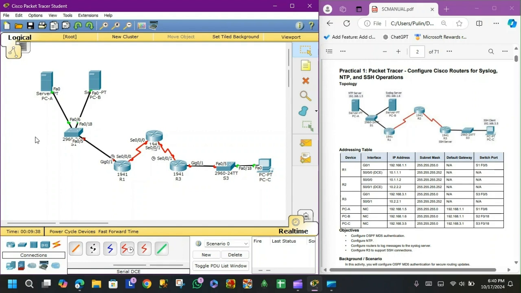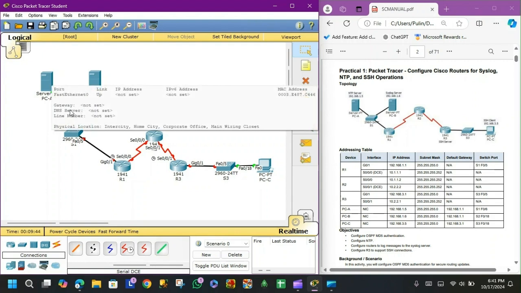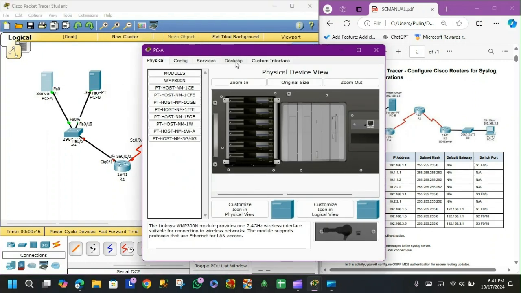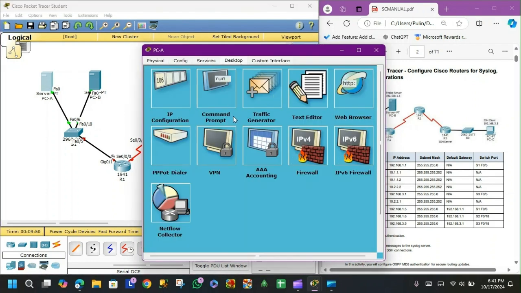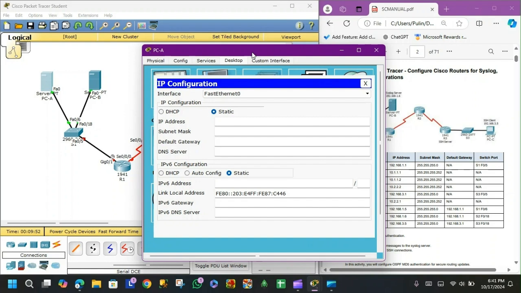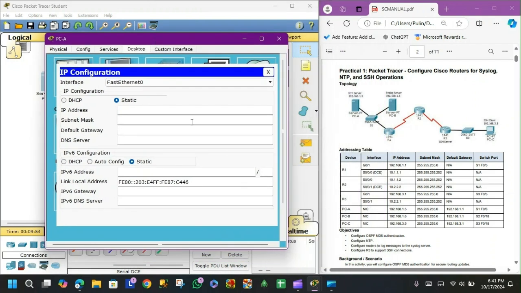Okay, so now you can see that there are many red spots over here. That's because we have not added the IP addresses. So now what we'll do is we'll start adding IP addresses. So you'll click on PCA, go to desktop. You're going to go into IP configuration, and if you look at PCA, the IP address given is